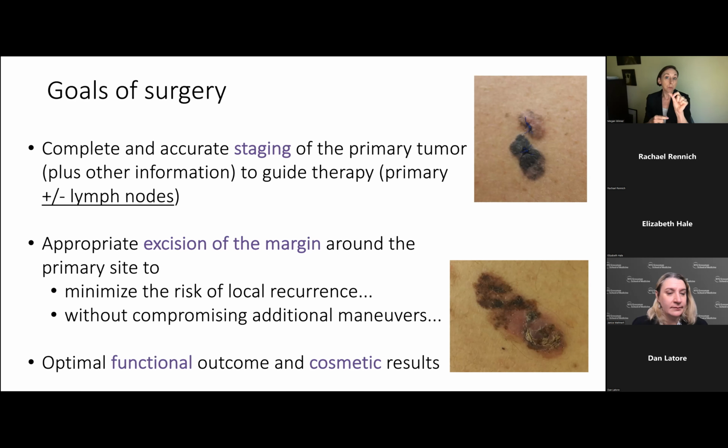For the thinnest melanomas, for the 1 millimeter, I have to cut 1 centimeter around the melanoma. That's about half an inch. And for the thicker melanomas, right now, the rules say I have to cut 2 centimeters, nearly an inch around the melanoma. If we all take a moment and think about our own skin, taking a quarter out of an